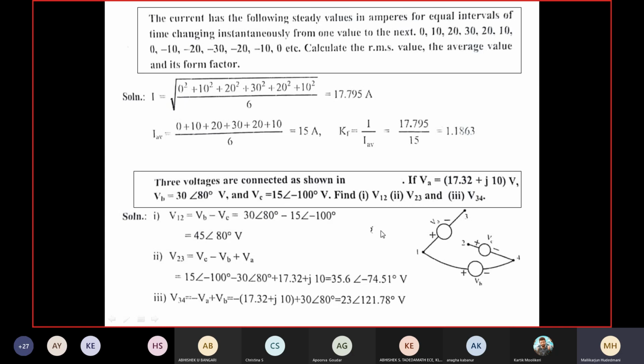Look at the potential points. 1 is here. Where is 2? 2 is here. Correct? So you have to take the difference of the potential of 1 and the potential of 2. How do you do it? Look at this here. V12. How do I begin? To start with, what is my work? I have to start from the second point. Start from 2, move towards 1. Let's see. 2 is here. I should go like this. Look at my cursor and stop here. Hope you got it.